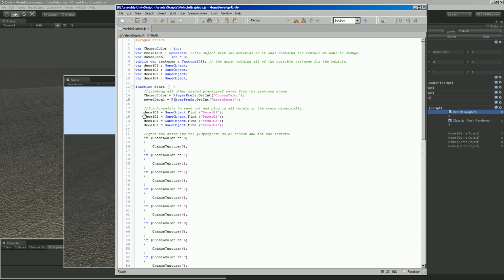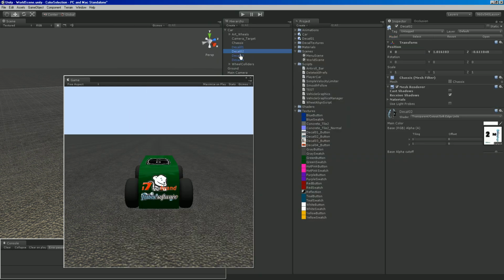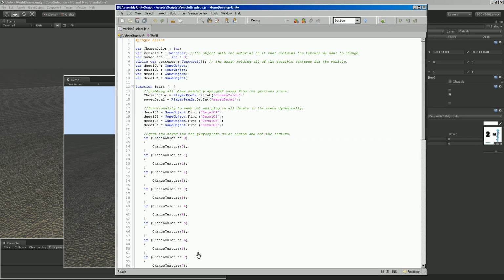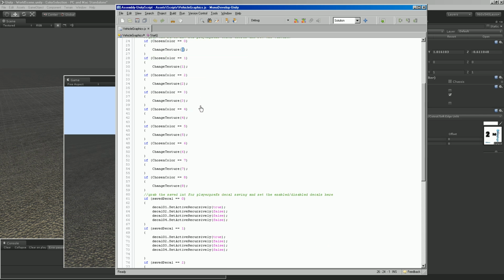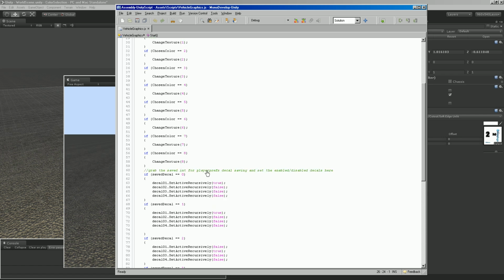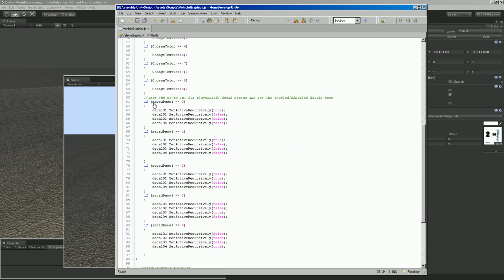And then the next line was what I was just talking about, our decals. It actually goes through the scene and seeks out decal 1, 2, 3, and 4, which are the variables up here, and then it assigns them and says, go find decal 1 in the scene, decal 2. It has to be named identical to that for it to find it. And then it finds it and plugs it into those variables. And then down here is just a long list of grabbing that player pref value for the paint and saying, well, if the paint number was 0, plug in 0 texture in the array, so forth and so forth all the way down here. And also, hey, if save decal integer